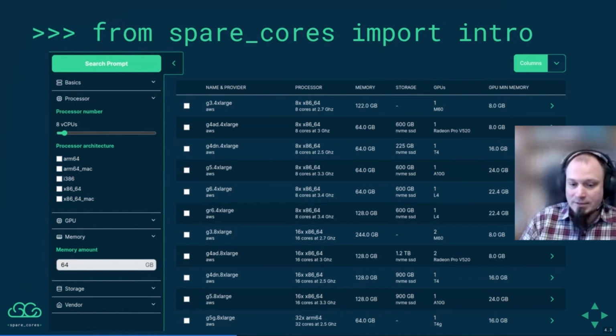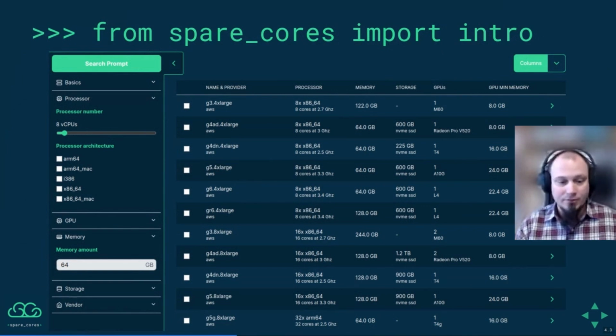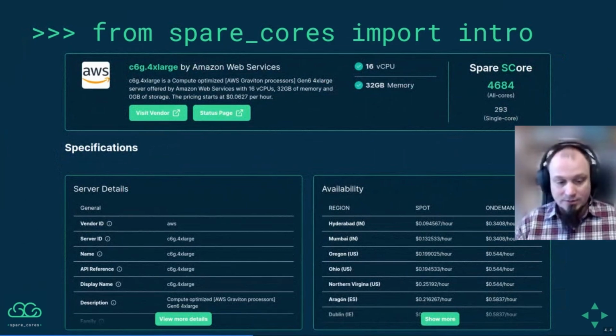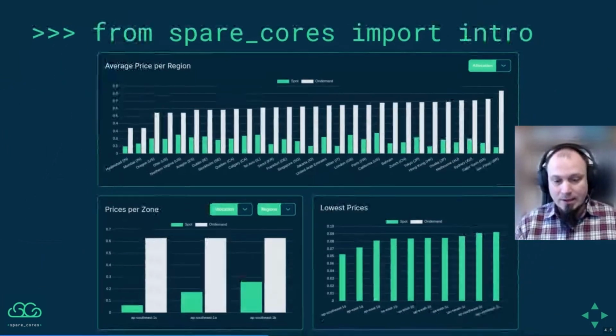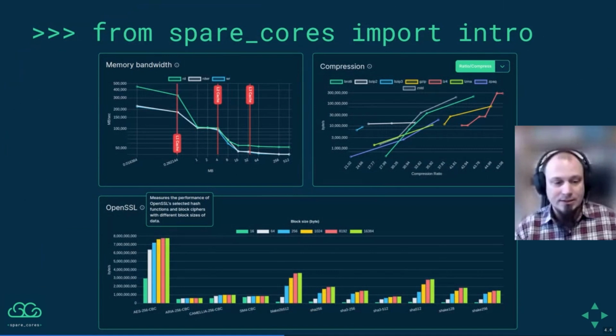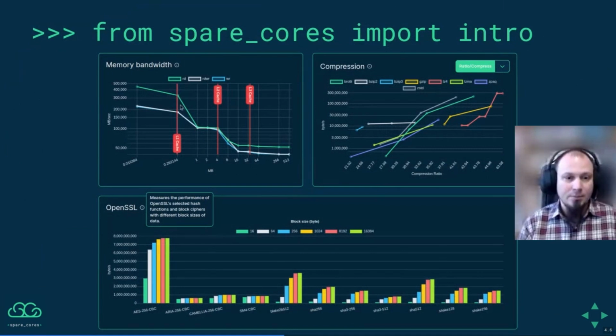The easiest way to navigate this data is going to sparecourse.com. So you can compare the servers using this Angular application. You can look into the details of the servers, and as mentioned, we are starting every single one, so you can find a lot of details thanks to the hardware inspection tools that we run on the machines, detailed pricing info in all the regions and availability zones,